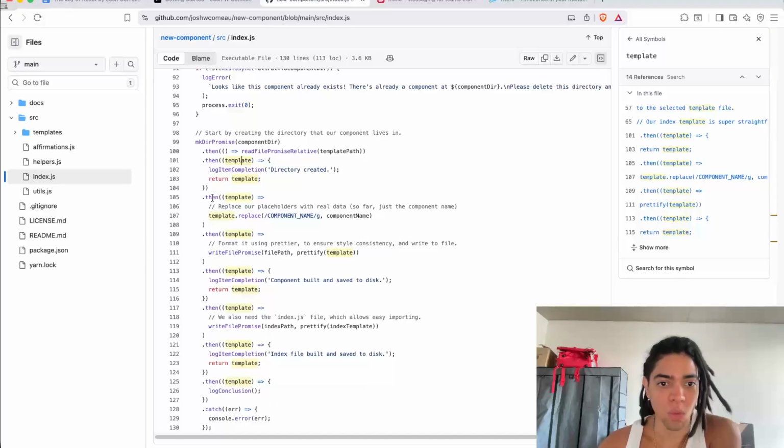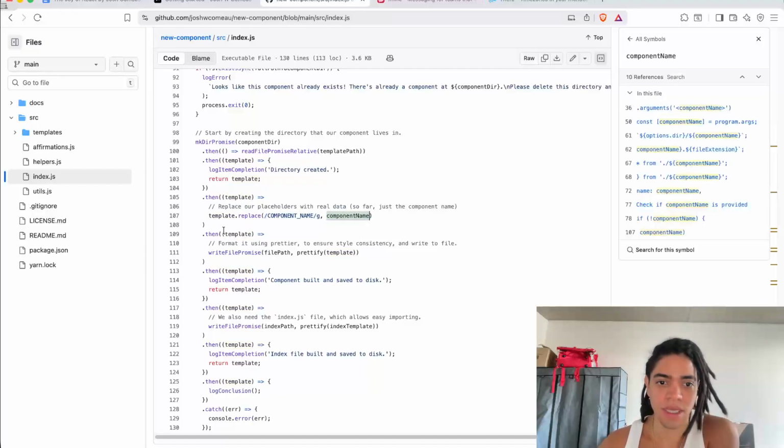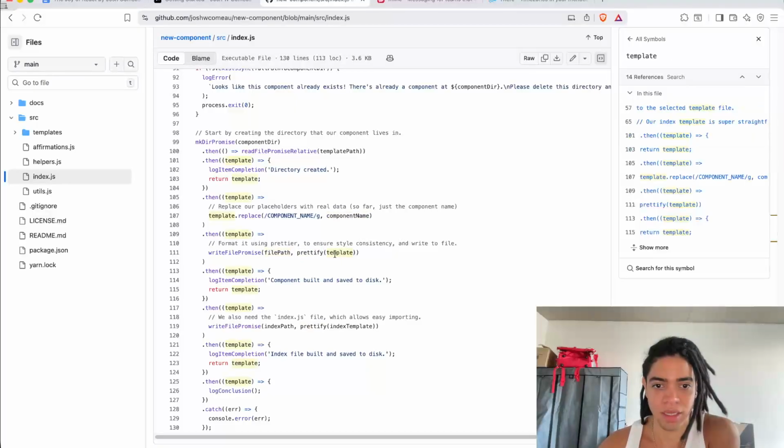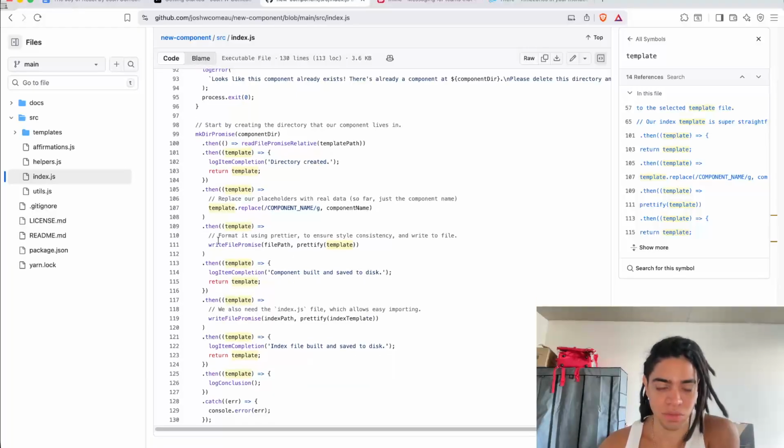And then once you get the template, you're going to replace that component name, as a string, with the name of the component, and then provide the proper format, write file promisey with this, like so, and then once you get the template, hey, component build on save to disk, which already wrote that,